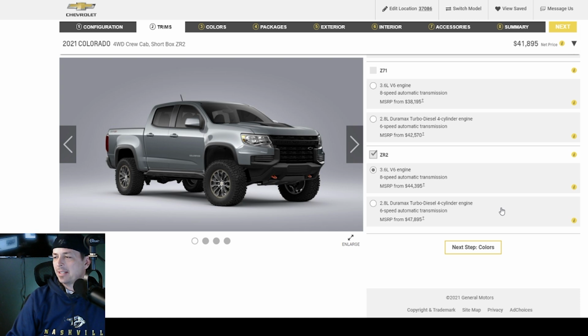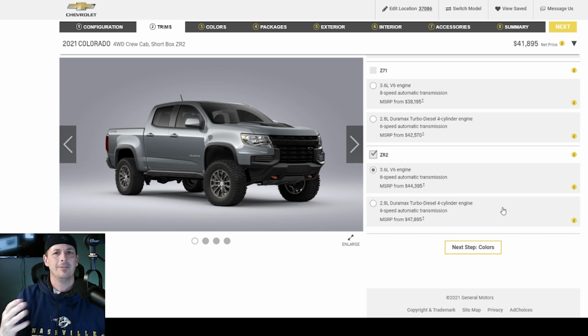Now, you may say, Dave, why not go with the diesel? No particular reason other than cost. If I was going to keep a vehicle long term, yeah, diesel would be awesome, but the maintenance costs on them right now, and depending on your area, the expense of diesel varies. Some places it's cheaper than some of the premium fuels, and in a lot of places it's not. In my area, it seems to be more expensive. So I want to go ahead with the 3.6 liter V6, and it says next we're going to choose some